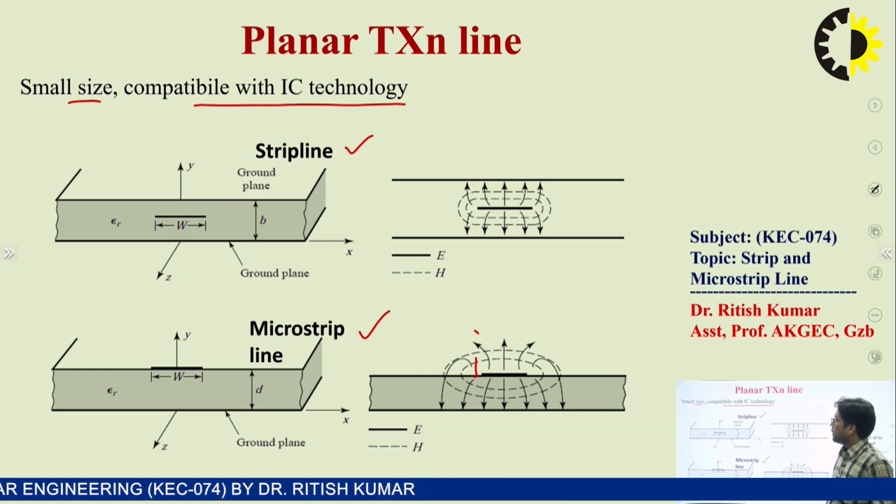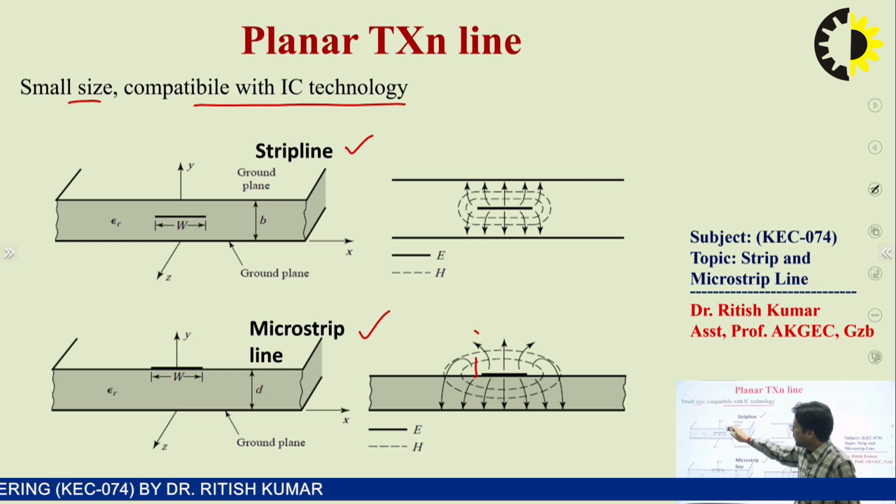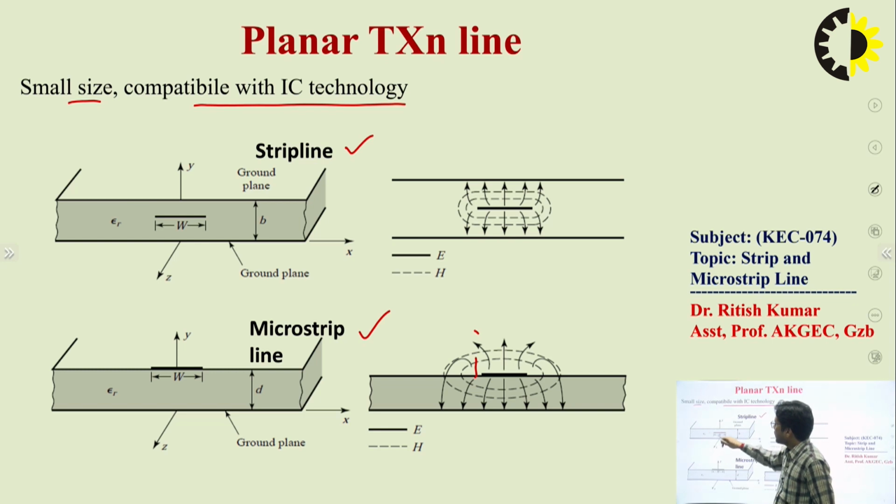Similarly here we have two disjoint conductors: the first one is this strip, and the second one is the outer conductor. To have a TEM mode, two conditions should be satisfied. The first is that at least two disjoint conductors must be present, and